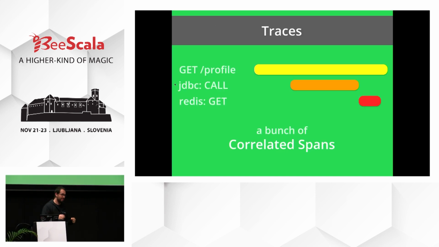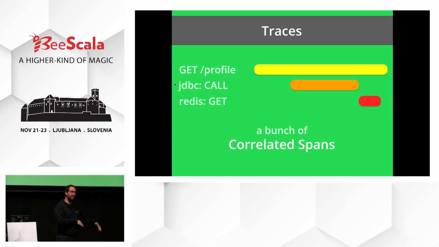Then come traces. And I think traces are the most hyped thing lately, because everybody's talking about OpenTracing and OpenCensus and Zipkin and Jaeger, and also it's quite fancy. You see these awesome visualizations of how a request went through a whole bunch of microservices and it just looks cool. And you want that, but it seems a bit complicated. Like there's a lot of stuff happening there.